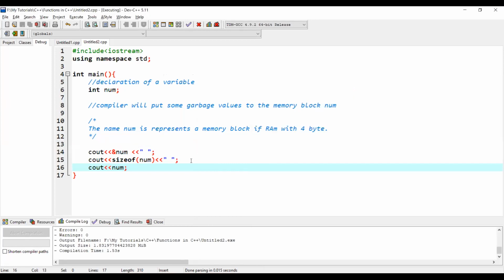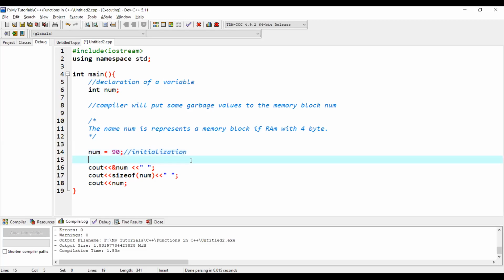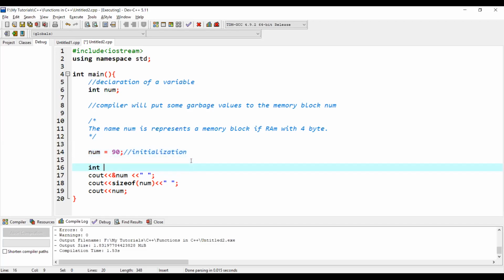and now let us assign some value. So suppose after declaration we want to assign some value. So let us assign some value here. num equal to 90. So now what is it? It is initialization of variable num. Okay, it is initialized by 90 here. There are various ways we can initialize a variable. Suppose we are declaring another variable here, int k.